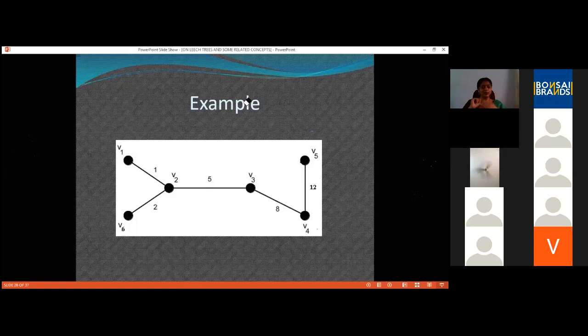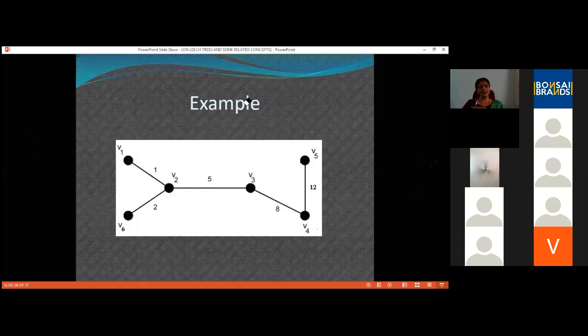So what will be V1, V5? We are adding 1 to that, right? So that gives me 10. Now what about V6, V5? We are adding 2 to a path of weight 9, which gives me 11. So 10 and 11 are also there. Now 12. Where is 12? 12 is an edge weight, V4, V5 gives me 12. Now we need 13. So 8 plus 5 gives me 13.